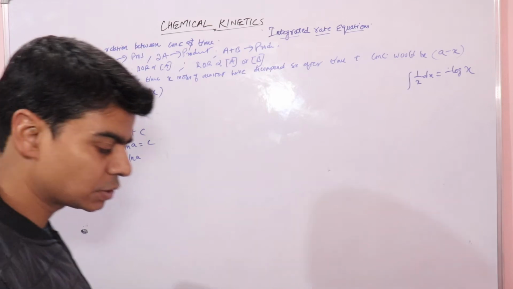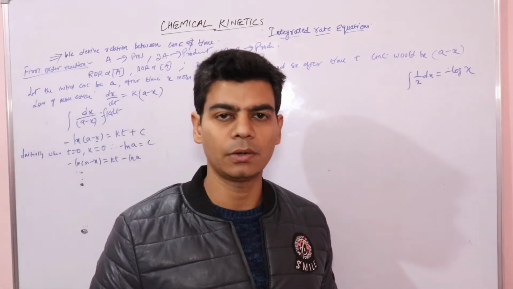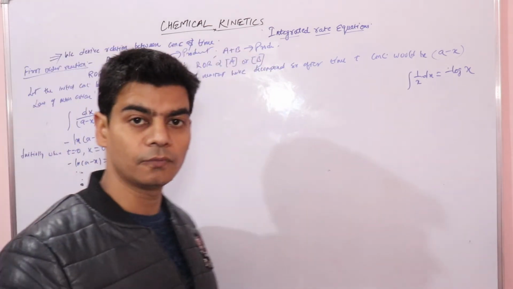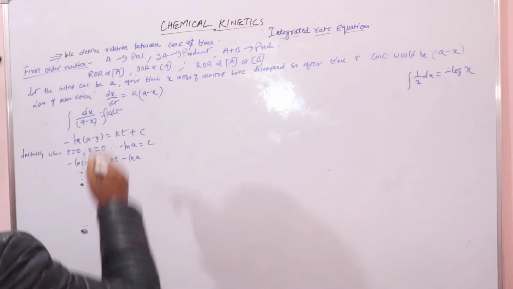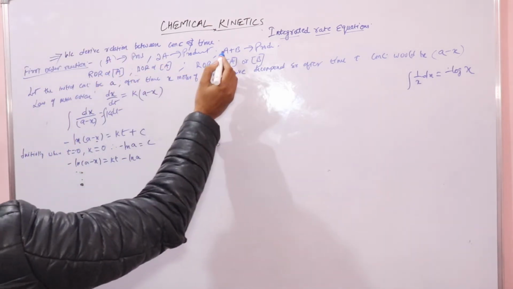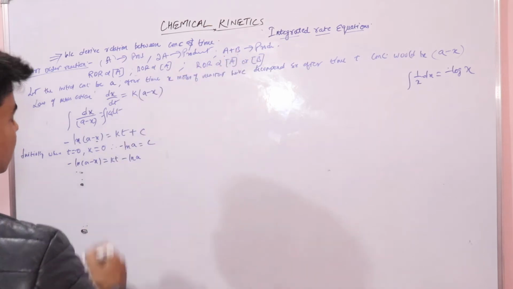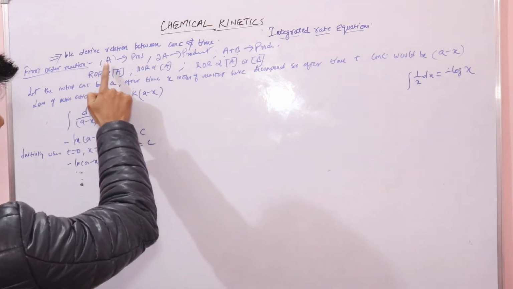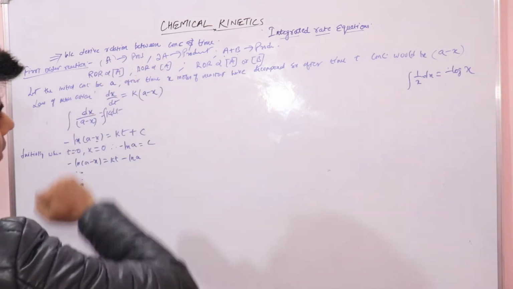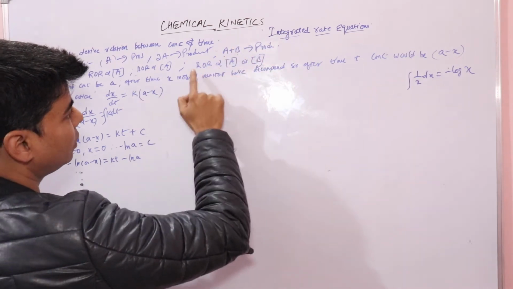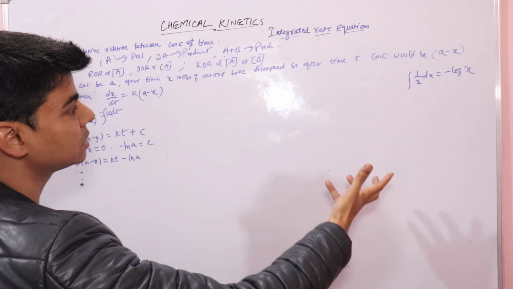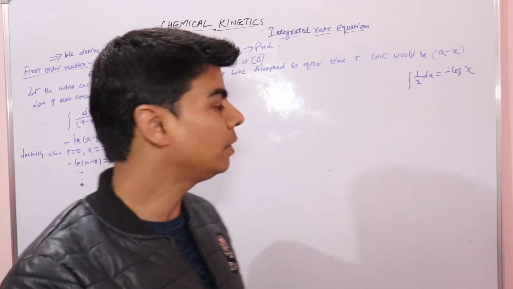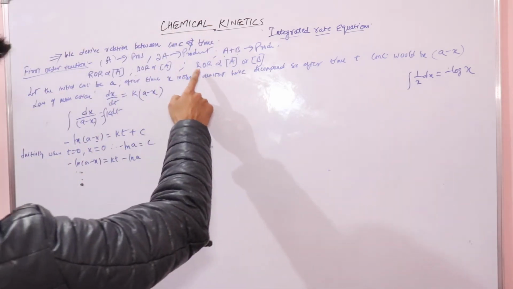And we know that for first order reactions, the rate of reaction depends on the concentration of one of the reactants, not products. So here the reactants are A, 2A and A and B. Here we have two reactants. So since we have only one reactant, the rate of reaction would be directly proportional to the concentration of A in both the cases. In this case, the rate of reaction would be directly proportional to A or B, because rate of reaction is proportional to either of the reactants, either A or B, right? So we'll write it like this.